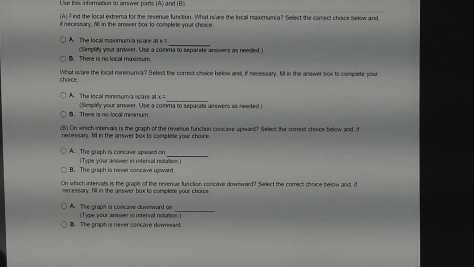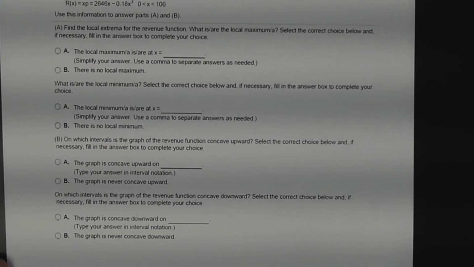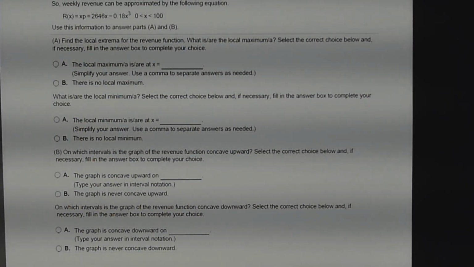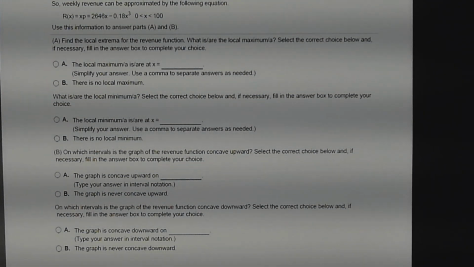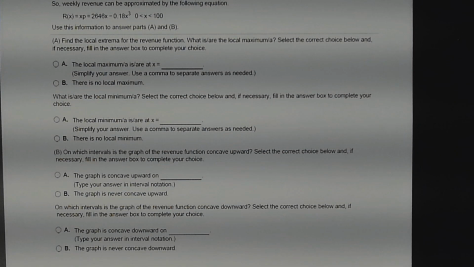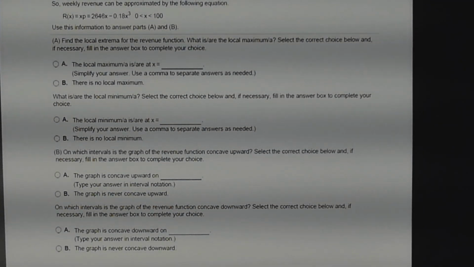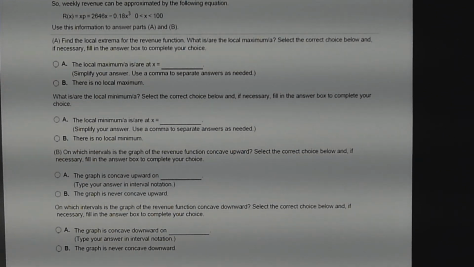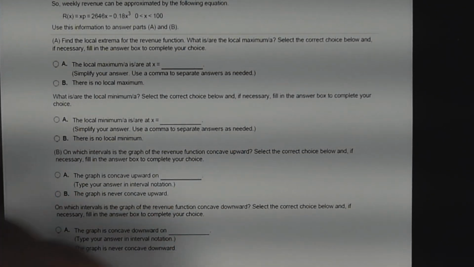So we're going to answer each part one at a time. Starting with part A is finding the local extrema for the revenue function. That's, of course, the local maximum and the local minimum. And I need to do this on a separate sheet of paper here. So in part A,